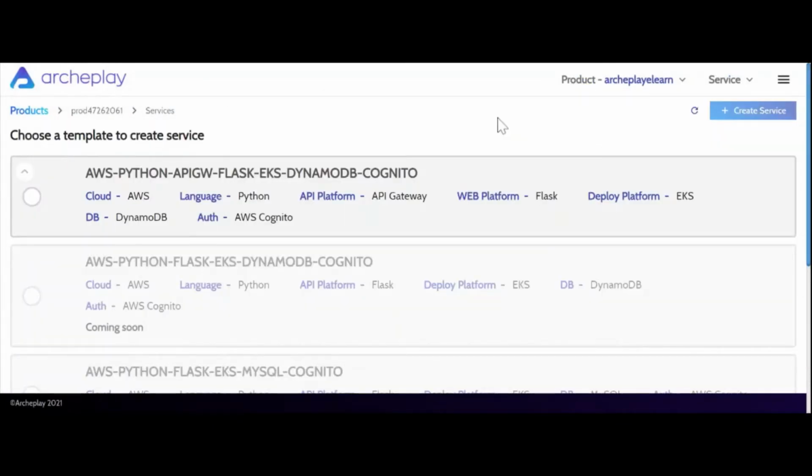So whenever you create a service, there will be a catalog of pre-created architectures for your API deployment. So we would be using this AWS Python API Gateway Flask EKS. That means this will be deployed on AWS. The language used to generate the automatic low-code is Python, and the API gateway platform we would be using is API Gateway. For the web platform for exposing the applications we would use Flask, and